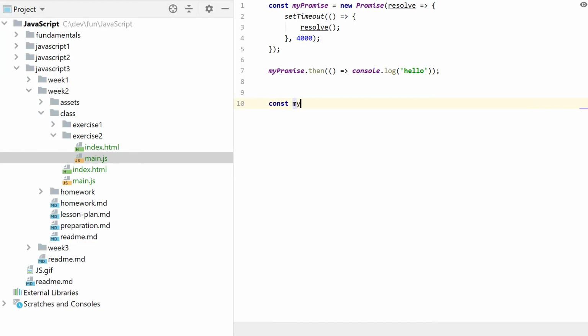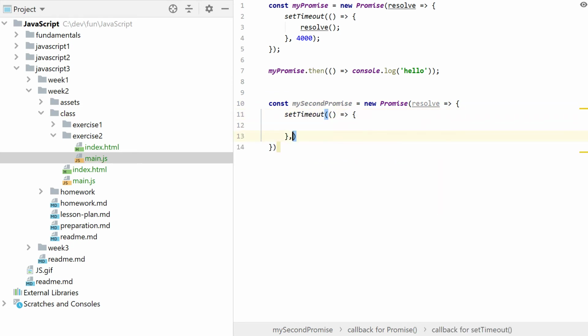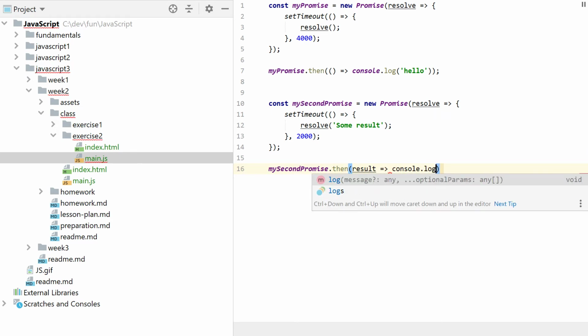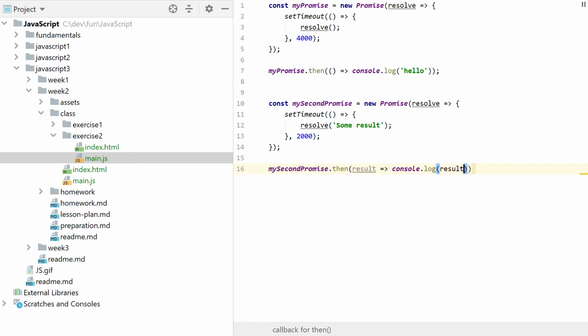So again, my second promise is equal to a new promise, resolve, set timeout 2 seconds, and then we resolve with some result. My second promise then result log result,